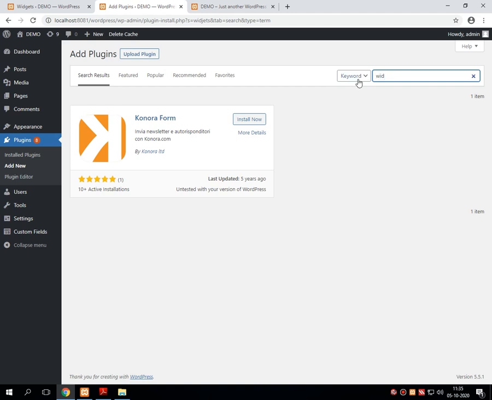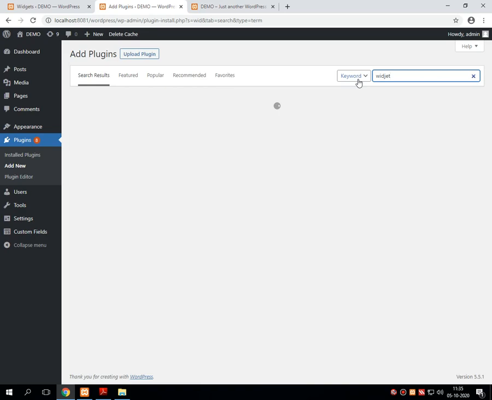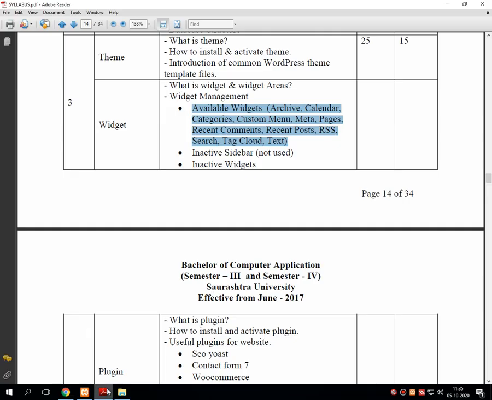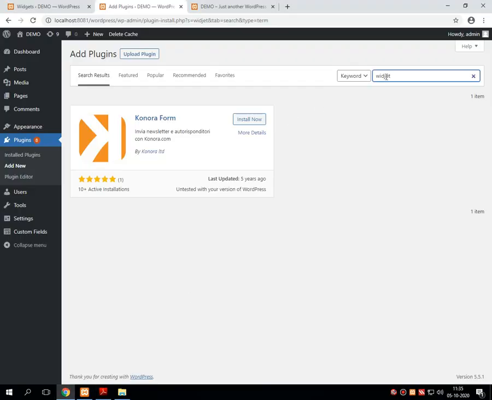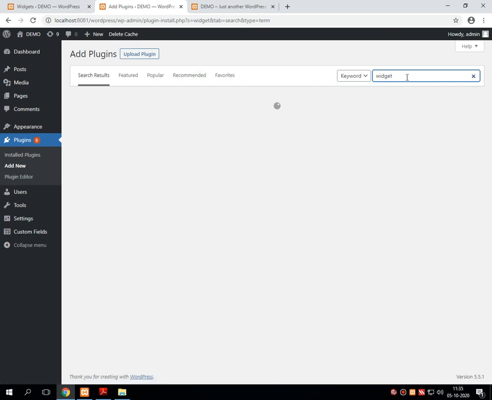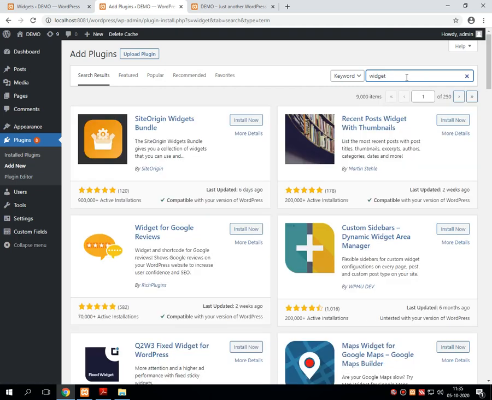Oops, my spelling mistake. Widget. Many widgets are there.